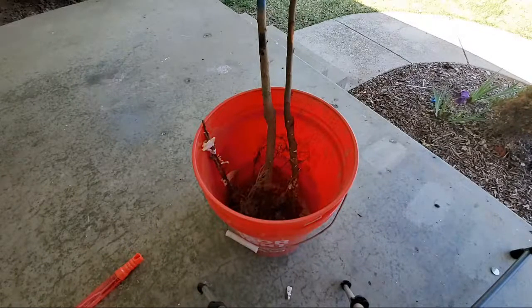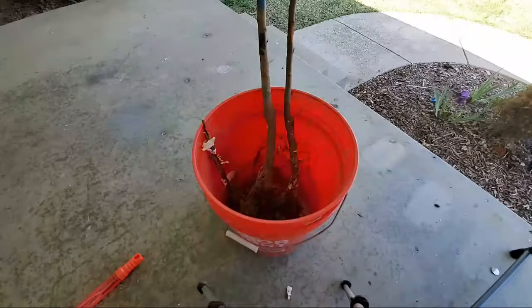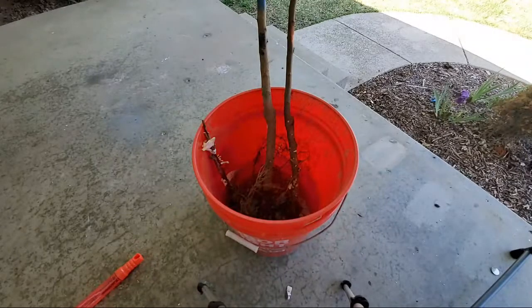I only have one blackberry bush. It is in its second year as of May. Congratulations,